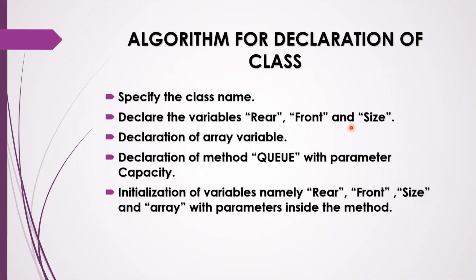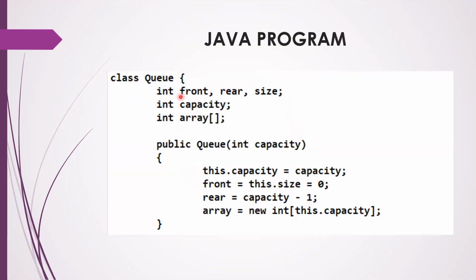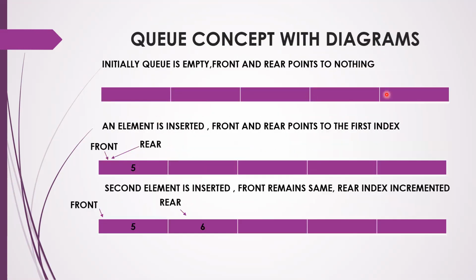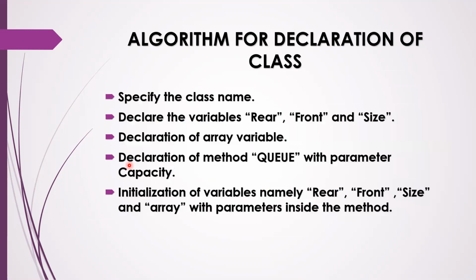Now we are going to implement Q using array. So the most important variables are rear, front, and size of the array. Yes. So we have to declare the front, rear, and the size. And capacity. Capacity is whole capacity of the array, how much it can hold. For example, it can hold 10 elements. See here, it can hold 5 elements, but what is the size now? It is only 1. Only one element is there, so it is 1. So that is known as size.